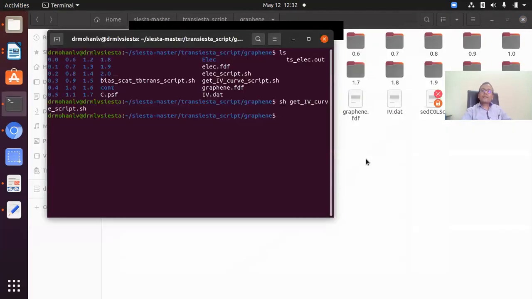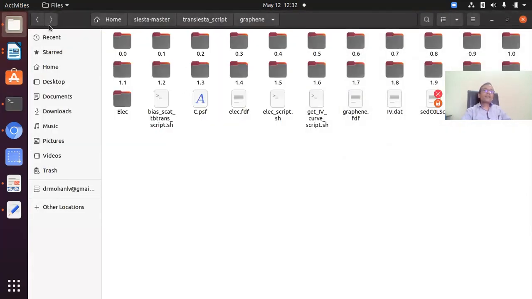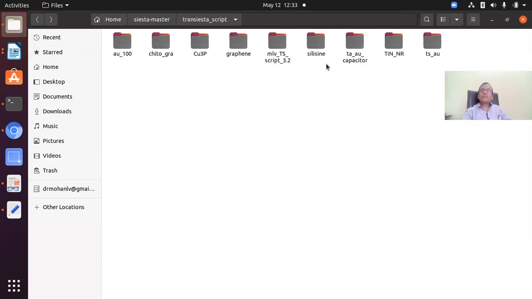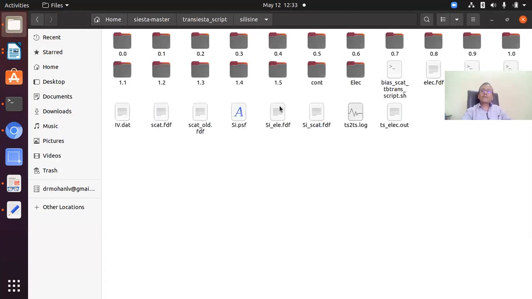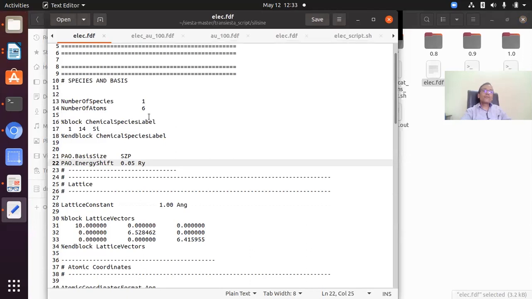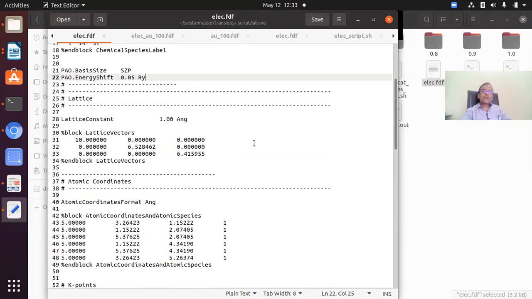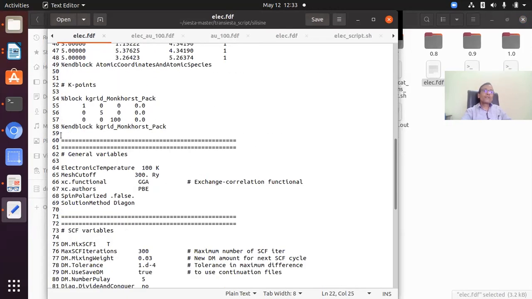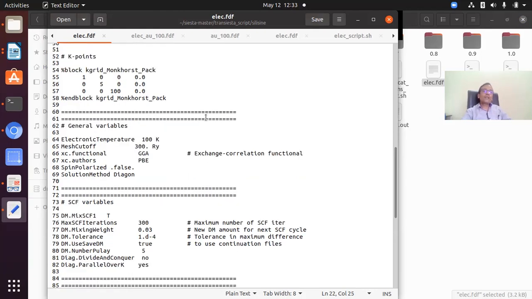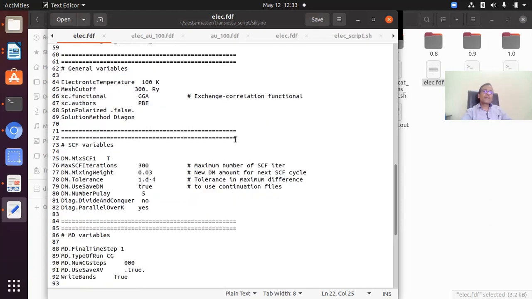Now I have tested this script for silicon also. This is for the solution, and I have designed the solution myself, and this is the electrode file for silicon, where I have taken these 6 atoms as electrode, and these are the K points. And what is the importance of these K points, and the precautions for these K points? This has been mentioned in the previous lectures, in the lab work in the workshop.